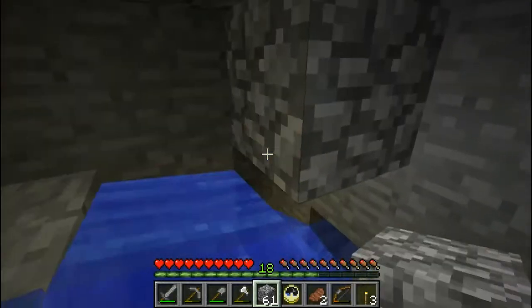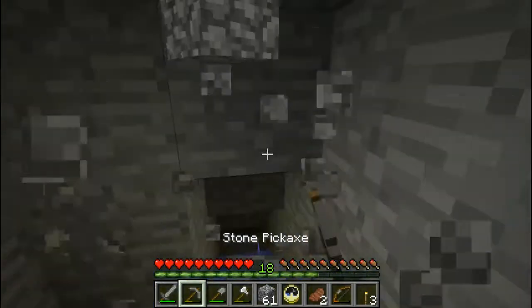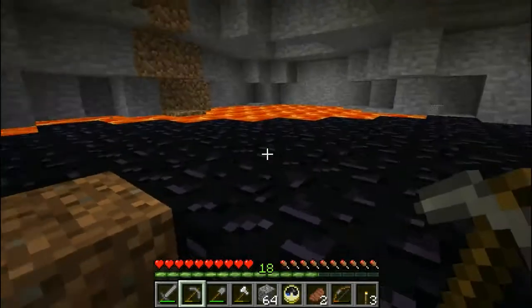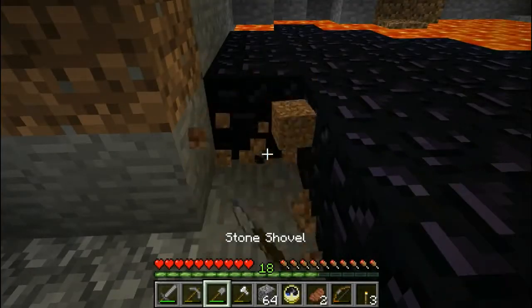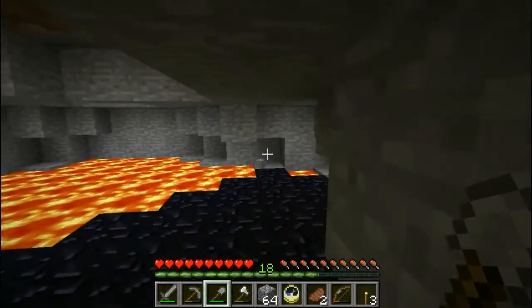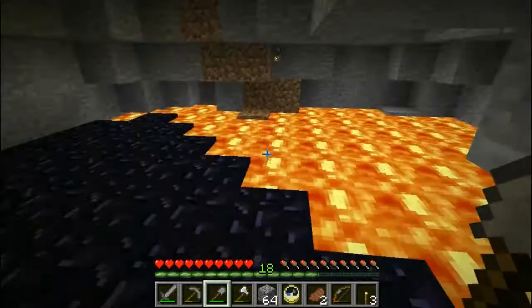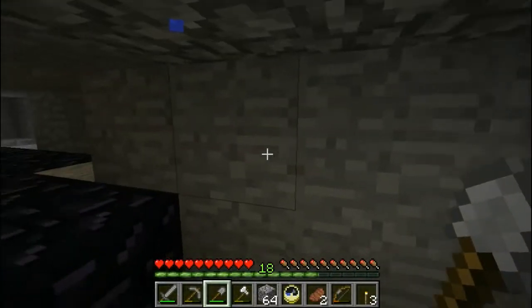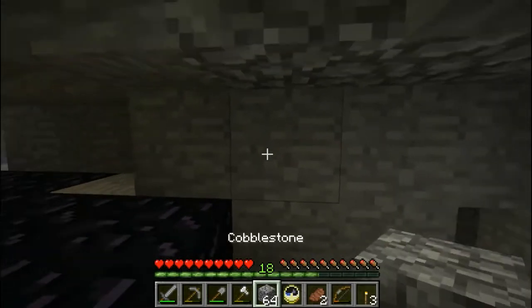So for now I'm going to shut that water flow off because it's really annoying. And I'm just going to have a quick look through here. Yeah, that is a good amount of lava. Just make sure there's... Yeah, that's a good sized pool of lava, which if I can now correctly direct this water flow,